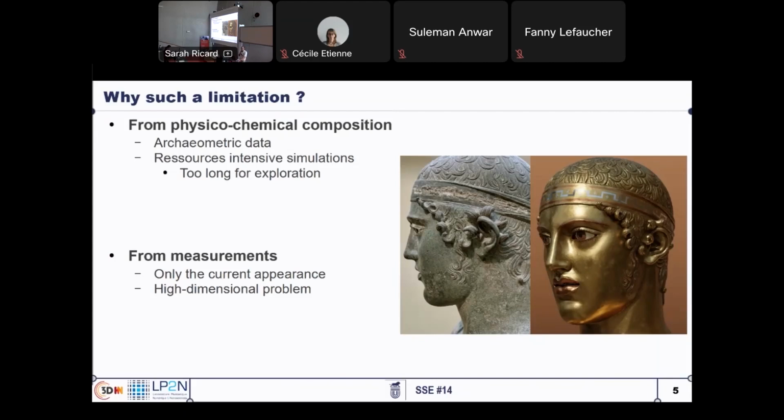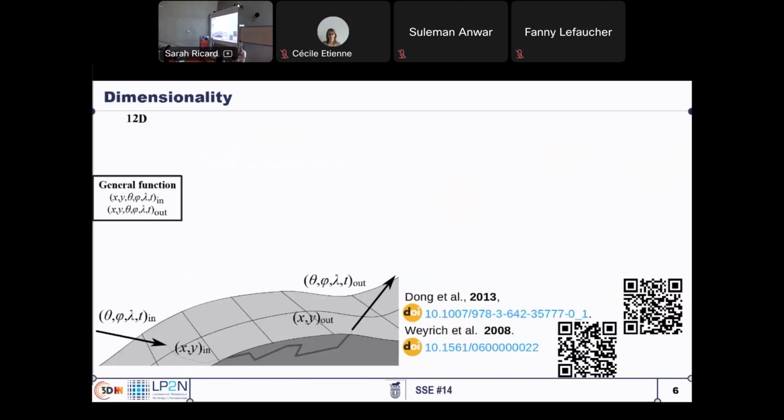And this is a very high dimension problem to capture all the appearance. And unfortunately, currently the use of appearance acquisition for the 3D restitution is always limited to color, not spectral, basically due to limitation in the acquisition times to be compatible with all the 3D rendering tools and so on. So to come back to the dimensionality of the problem, what if we want to capture the wall appearance? This is a 12D, 14D problem, we can see in the literature also. I put the two references from which I've taken this